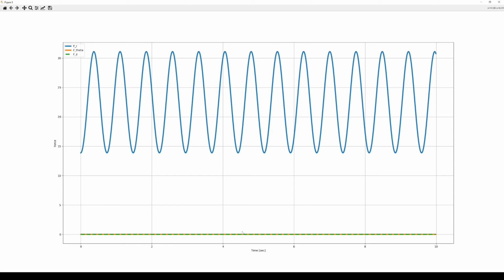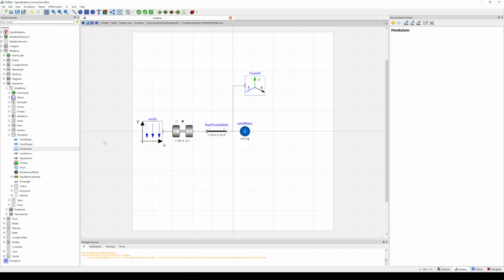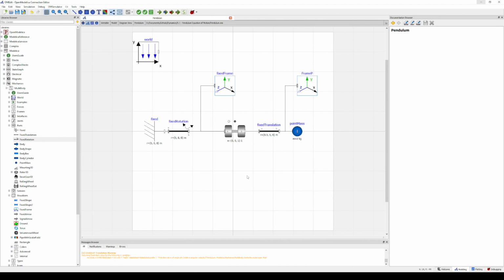You may be saying, Brian, you're lying. I don't believe you. All right, well, I proved it to myself again in OpenModelica. So here's the OpenModelica model, and you can see it's just a regular old Revolute with a link and a point mass. And the length of the link is 0.5, and the mass is 2 kilograms. And so if we go ahead and run this,